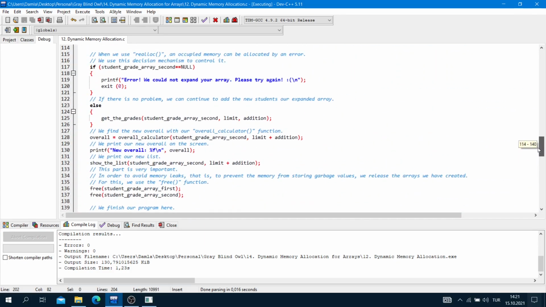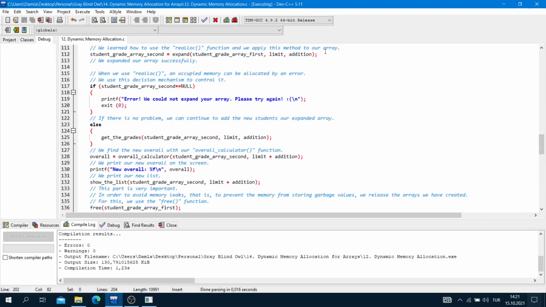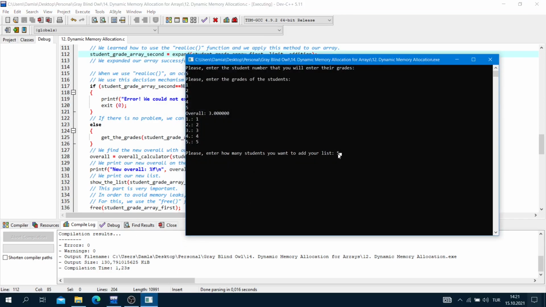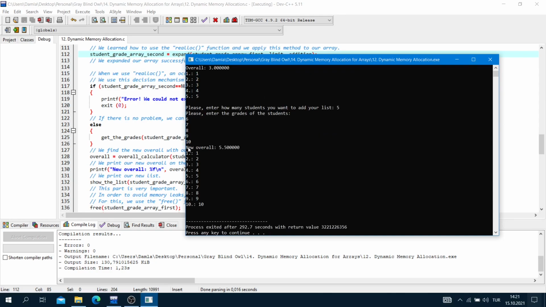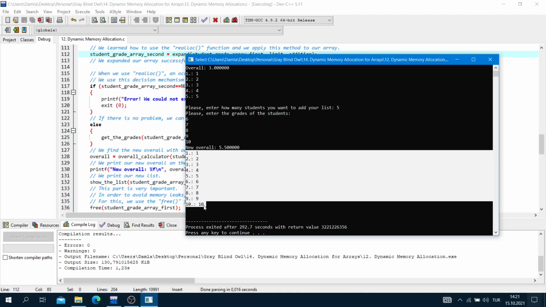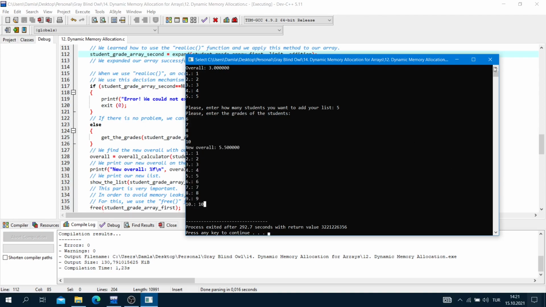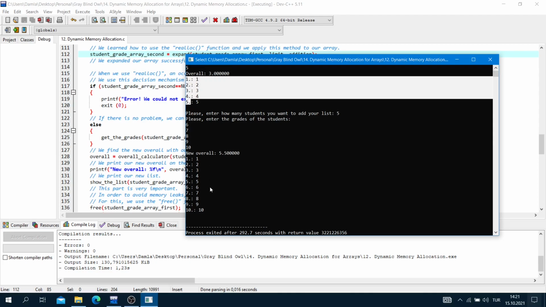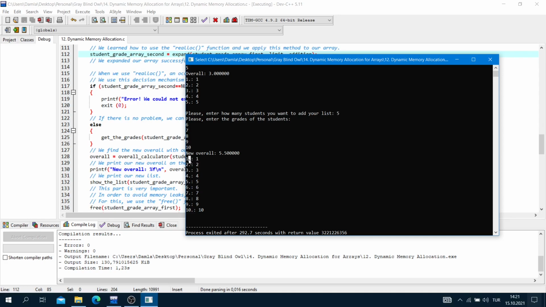Now we are here. We expanded our array successfully. I will enter here 5 again. And now, please enter the grades of the students. I will enter here 6, 7, 8, 9, and 10. As you can see, new overall 5.5, and as you can see, our new list has 10 students, but in our first list 5 students. We expanded our array here, as you can see,